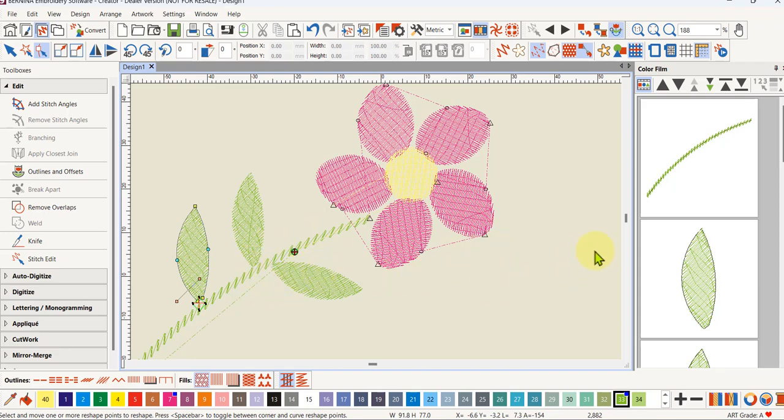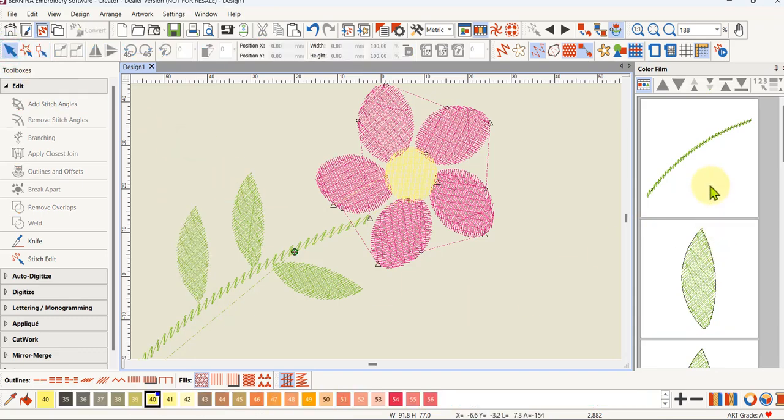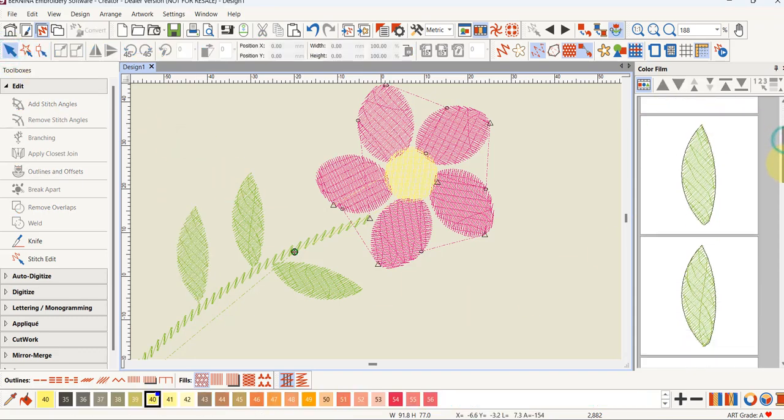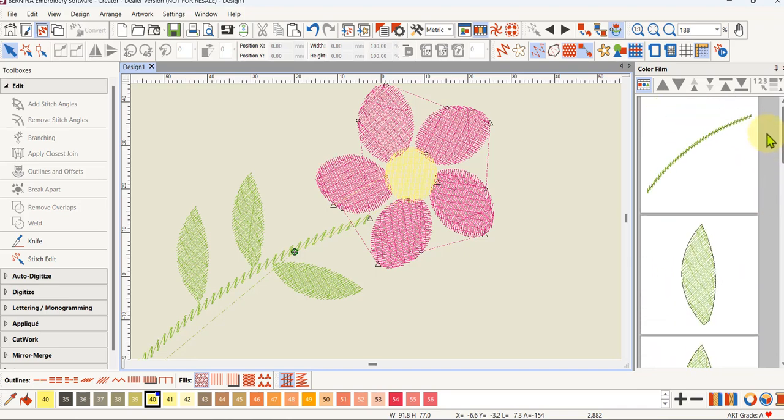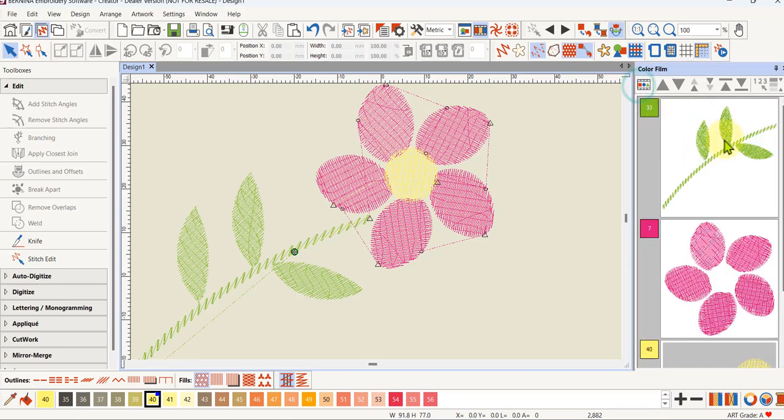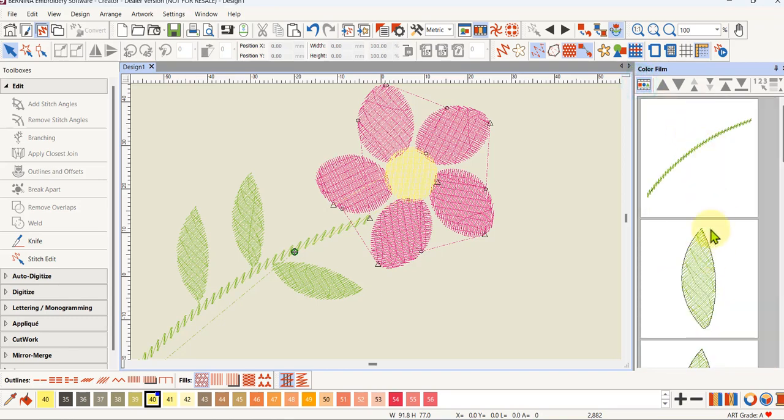Now, you will see in the colour film that these leaves don't actually appear along the stem, even though they are going to stitch along the stem. I'll select that and click off. There's no way the software can actually show them there. Of course, if you're in colour blocks, they will show along the stem, but if you go into individual objects, they still are not attached to the stem, even though when we run our stitch player,